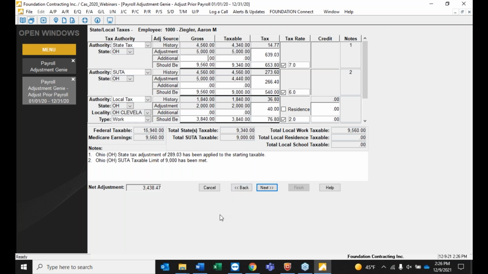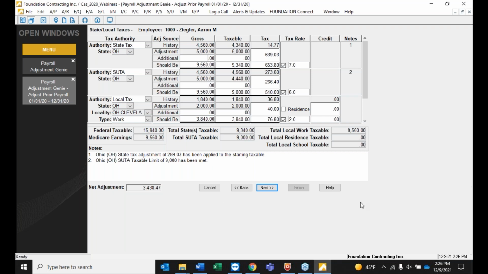So the easiest way to figure out the total of what we have to adjust is to take the $5,000 that the adjustment needed to be minus this figure that you see here, and that's the amount we need to adjust this by to post this and then to set up that deduction for 2022. So that comes out to be